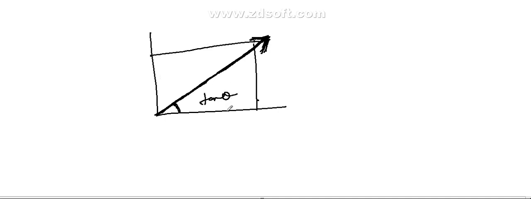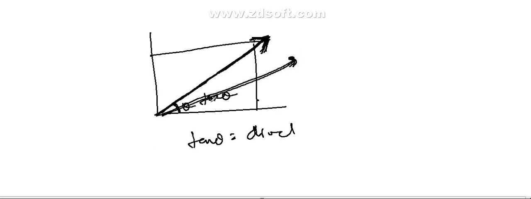So this is a theta. Tan theta is only the direction. If it is here, then this direction is different. The tan theta value is different or not? Yes, sir. So the tan theta value will be different. So the direction is tan theta. If somebody asks you to find out the direction, you have to find the tan theta. So if the theta is 60, tan 60 is the direction.